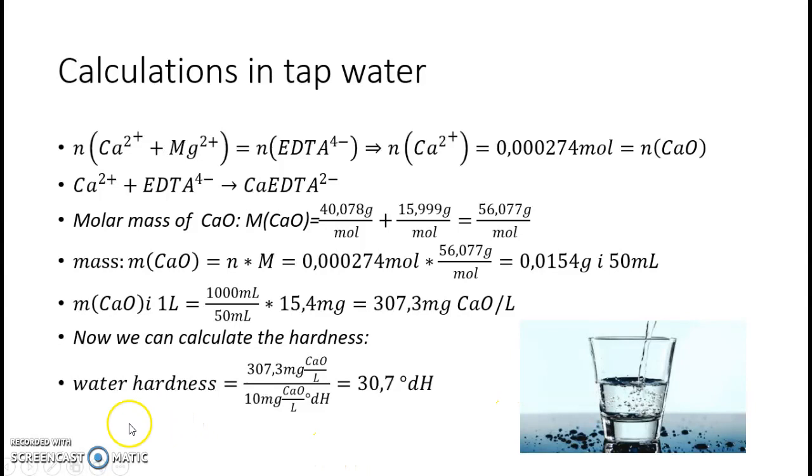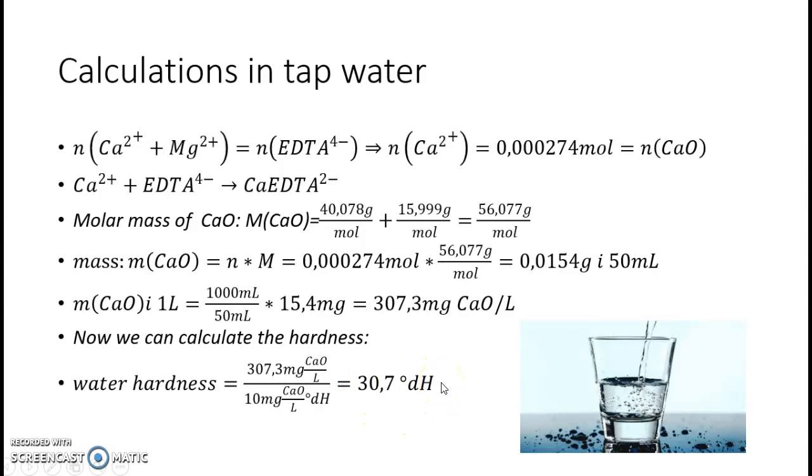We can now calculate the water hardness of the tap water. So we take the amount of CaO in 1 liter, divided by 10 milligrams CaO per liter per degree hardness, because there's 10 milligrams of CaO in 1 liter for 1 degree hardness. So therefore we have 30.7 degrees hardness in 1 liter of tap water